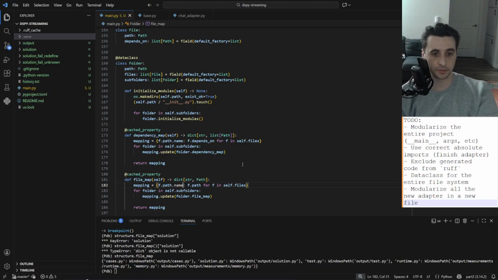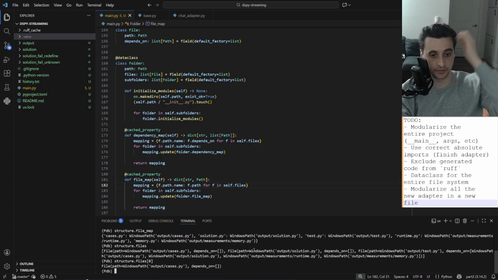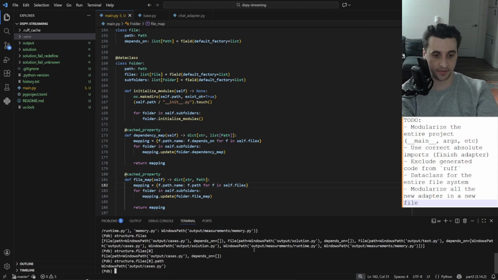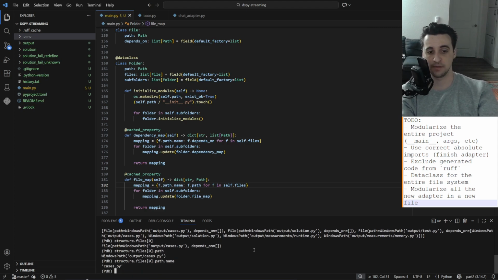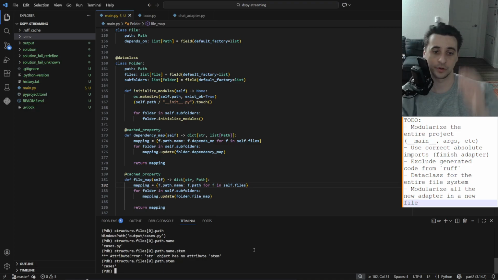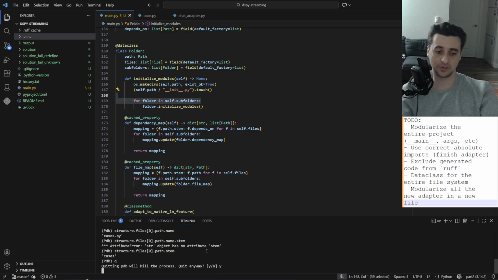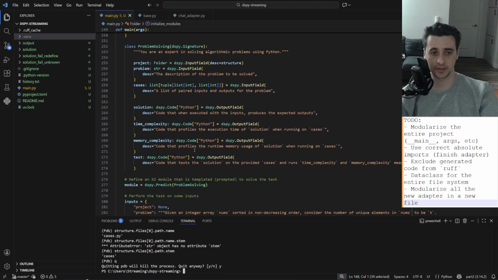Structure dot files. Okay, the first file dot path dot name dot stem. No, it's just dot stem. Okay, so then I just need stems here, right? Yeah. Okay, this should really be it. So then I can just write the code now, because I know what I want to do is